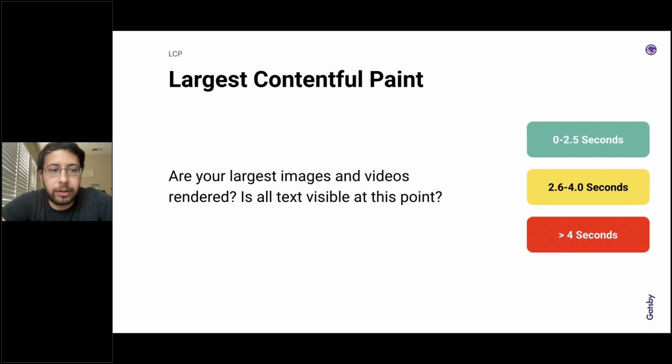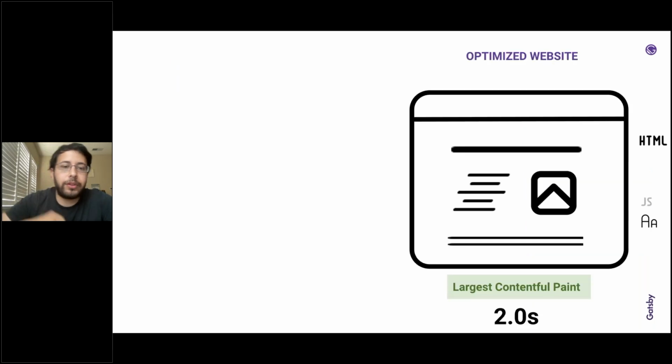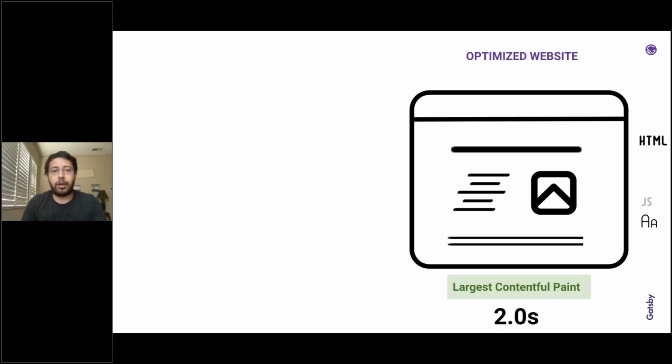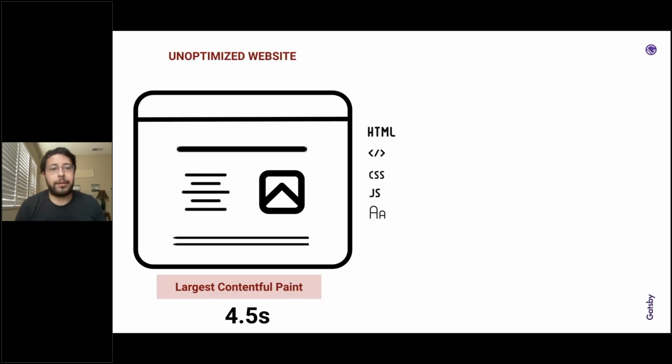Let's go to the next slide. So we will see here in the unoptimized website, we've got this going on at 2 seconds, where all the text and the images are basically in. And then on the unoptimized website, this happens at 4.5 seconds. So at this point,